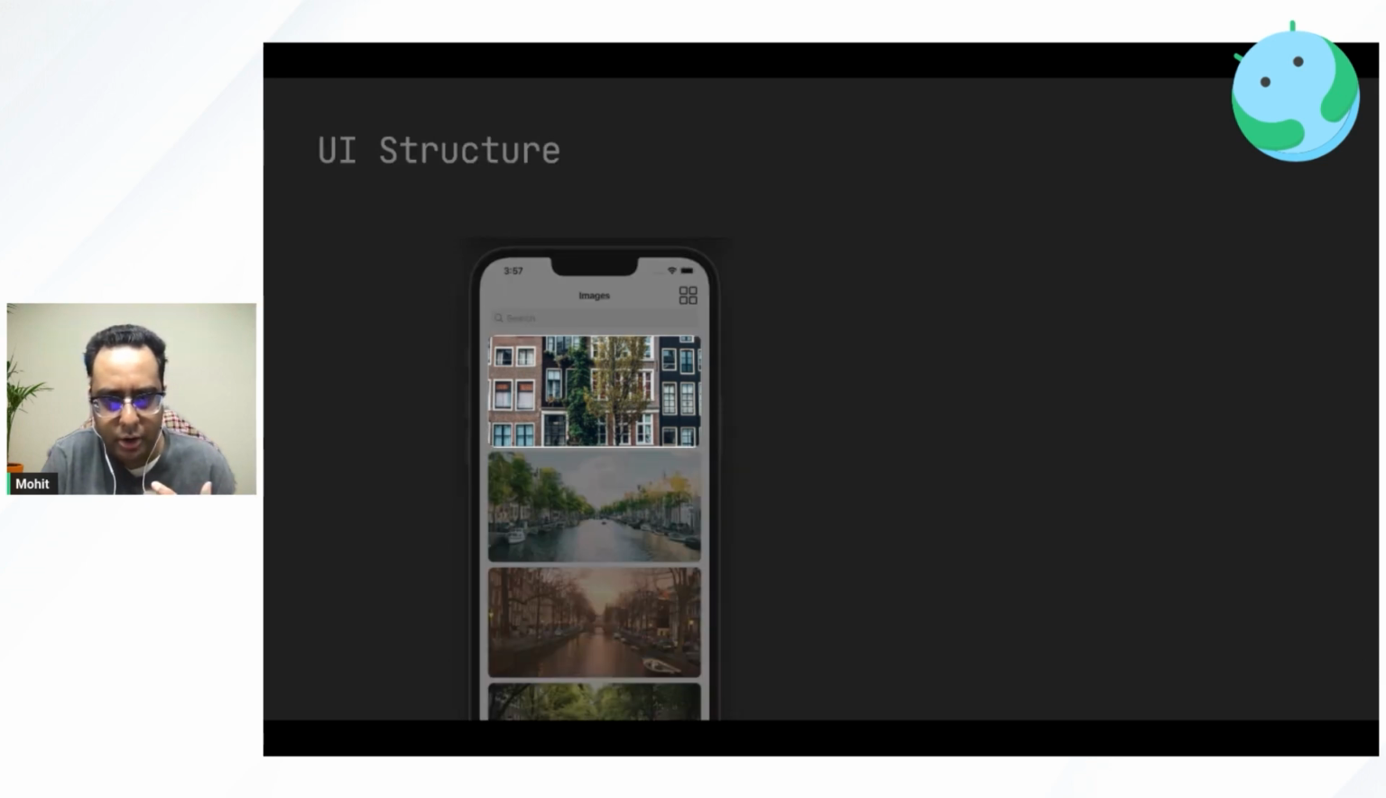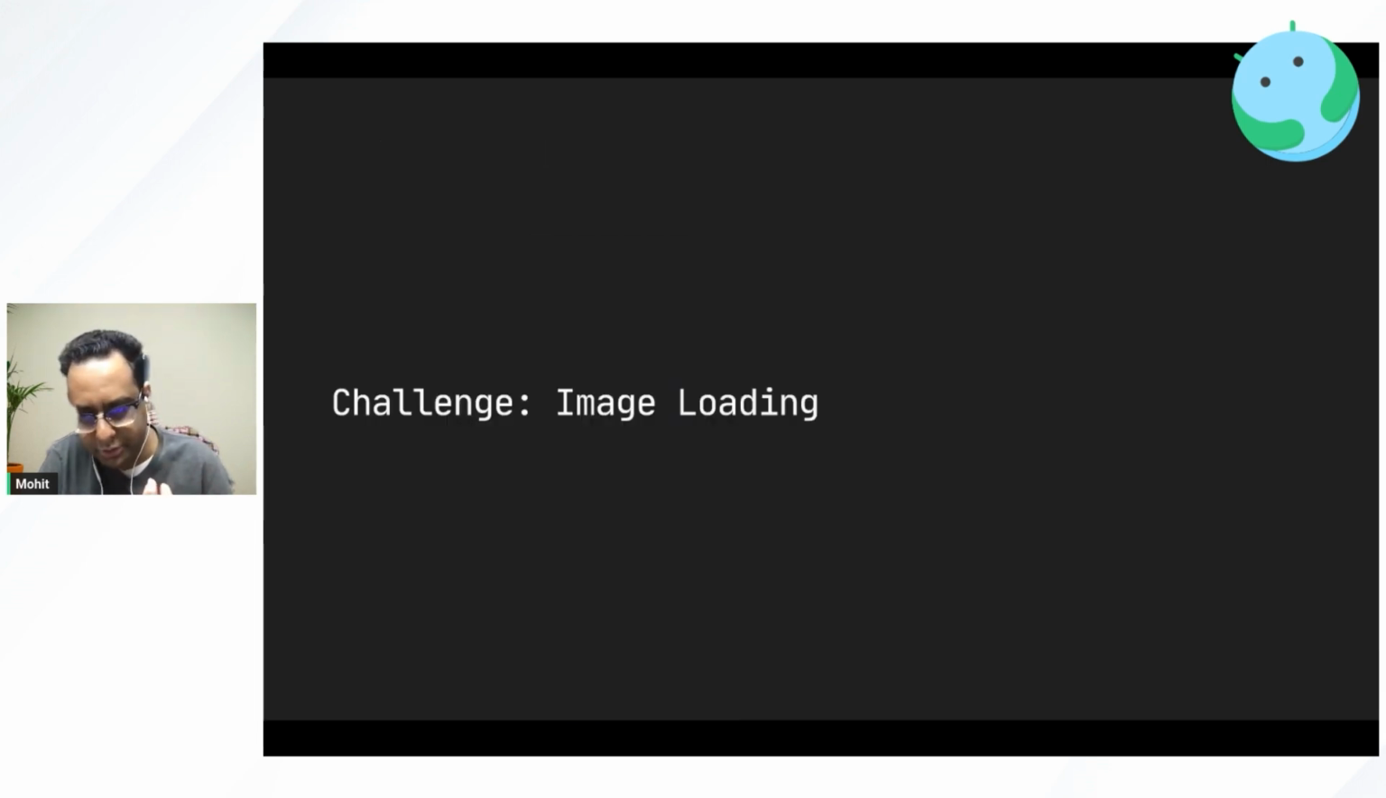How do I want to build this app, where I want to display these images in Compose? And when you go about doing that, you run into your first challenge, which is that there's no image loading library. It's easy on Android. You could use Coil or Picasso,